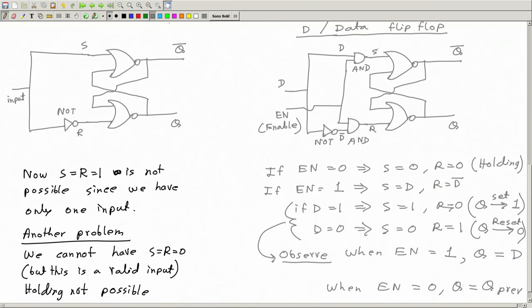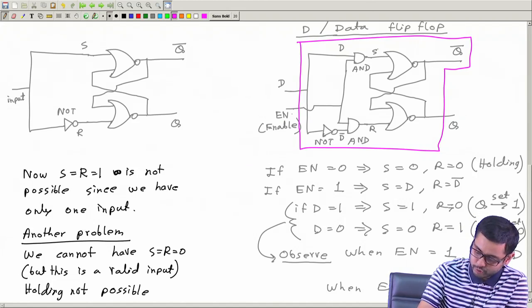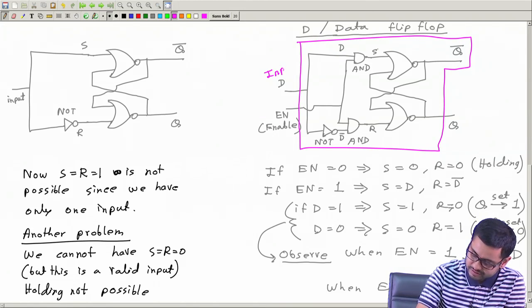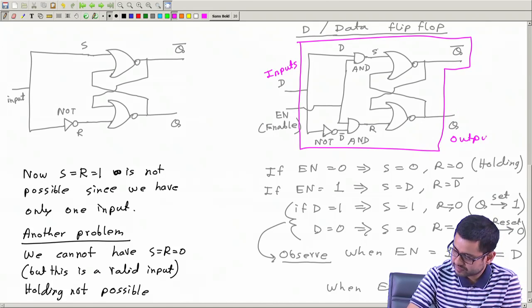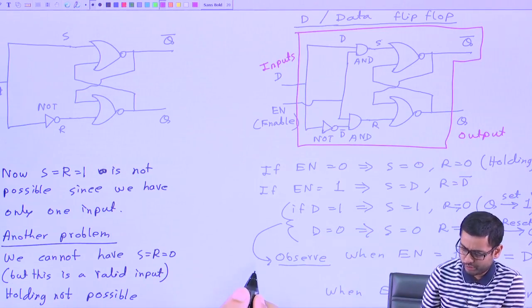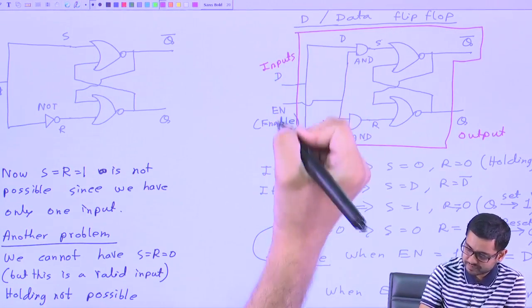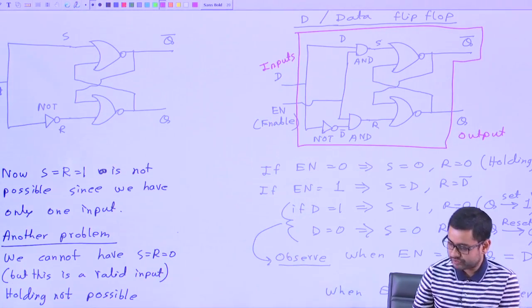Okay. So, let me make a box. It has two inputs and it has one or two outputs. I do not need Q bar outside because Q bar is always opposite to Q. This is redundant. If you want, you can take it outside, no problem. So, this has two inputs, one output, and the rule of this circuit,